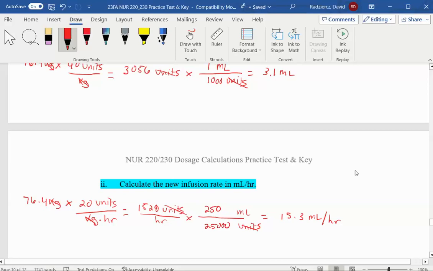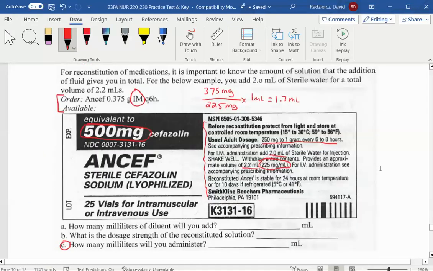And then the last thing I'll mention is the reconstitution question. I'm not anticipating that you'll see this question on the test this semester, but you might see it in fourth semester, which is why I'm showing it to you. And this is why I also showed it to you previously on Tuesday's review sessions. This type of reconstitution just looks different. So if you do a Google search, or even if you look on the OneDrive folder, I have some pictures of